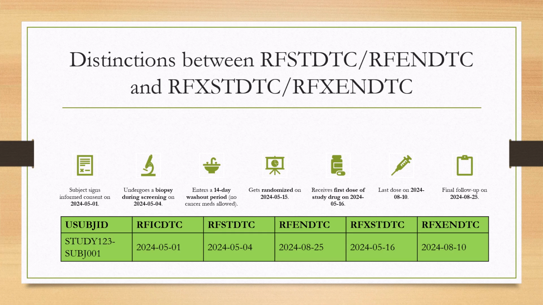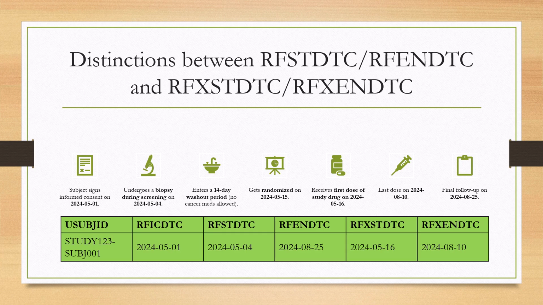The next is the date where the subject underwent biopsy during screening, and that is the date of 4th of May 2024. So here this date becomes the RFSTDTC. Why this date? Because we have not exposed the subject to this study, we have not given the subject any study drug. So why is the date of biopsy considered as the RFSTDTC? It's an important thing because